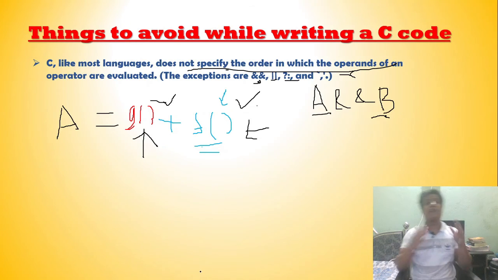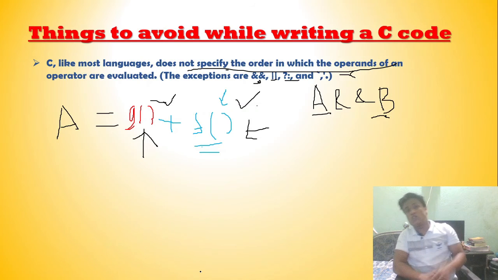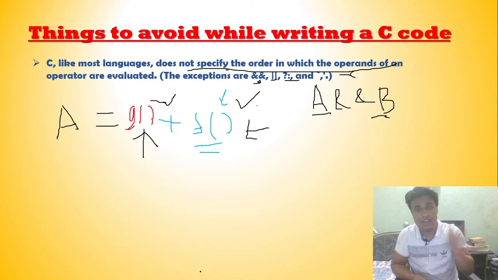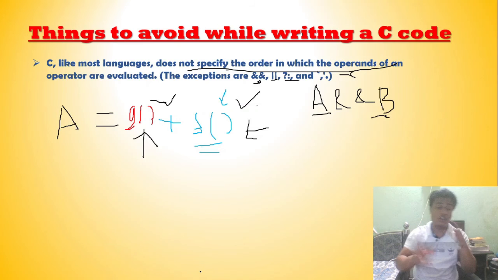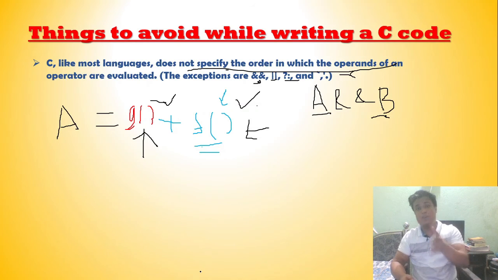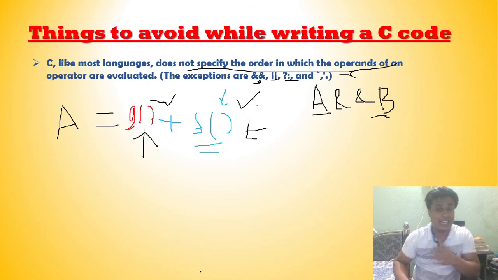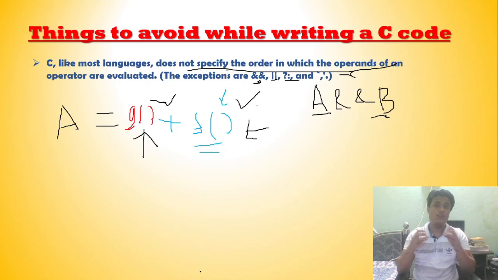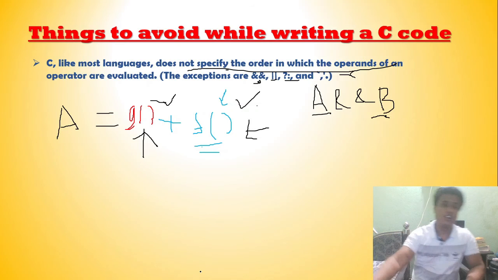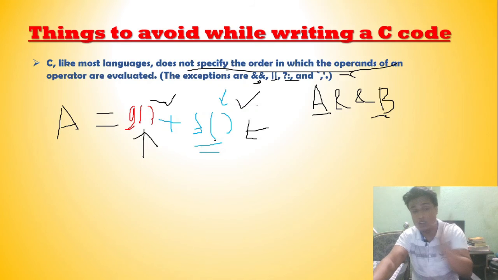So ambiguity can arise whenever you write this kind of code. Write your code knowing which operand has to be operated first. Otherwise, if there is ambiguity in which operand is executed first and which second, don't use that. If you don't know what the output will be, you can get an undesirable value which we don't want to see as output. I hope I made this point clear: there is no specific order of evaluation of operands.